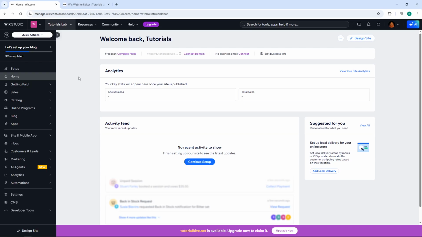Welcome back, everybody. Today, I'm going to teach you how to add and connect payment methods to your Wix website. This is essential if you're running an online store or offering services, as it allows your customers to pay you